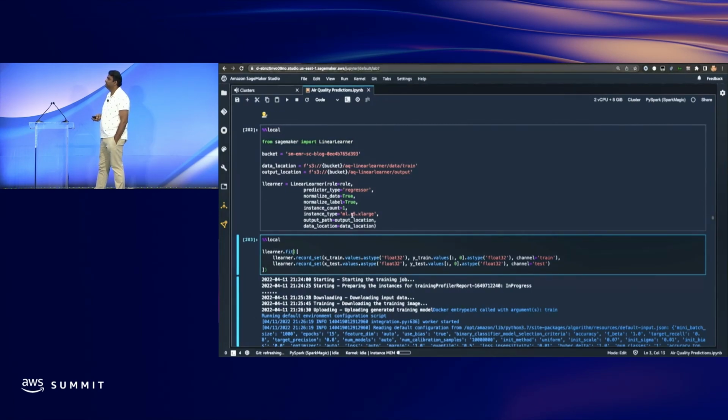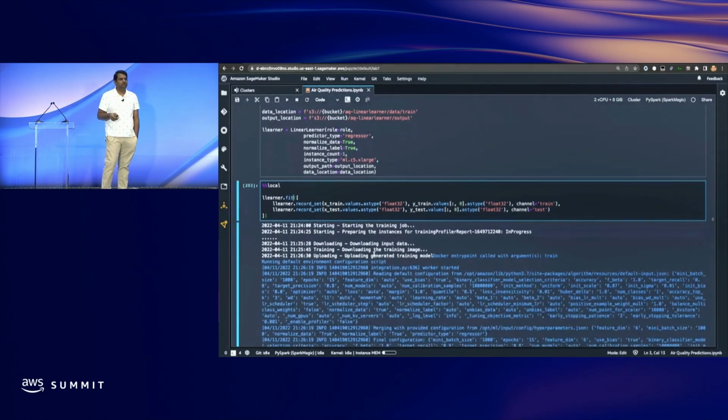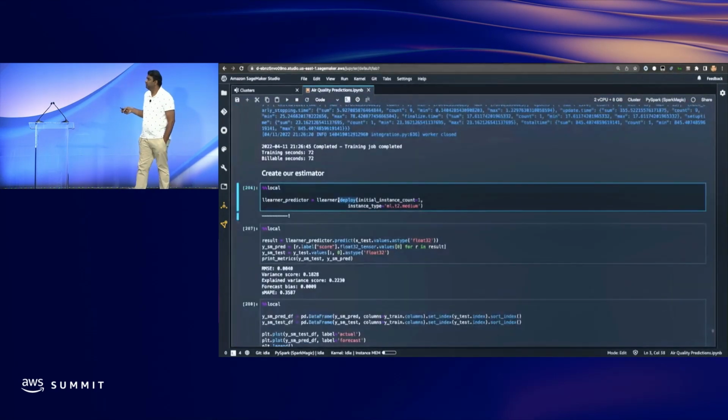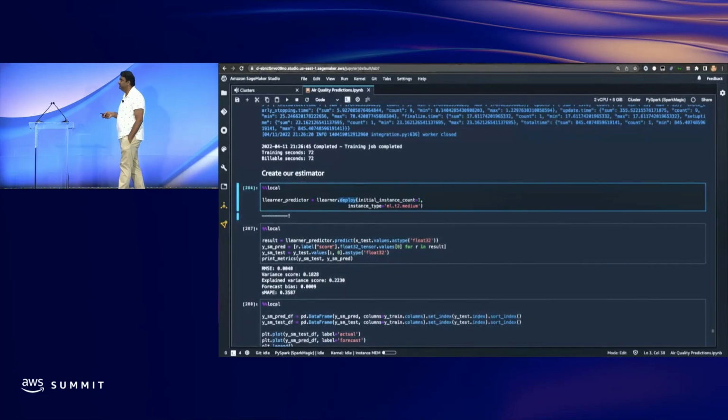Once we have the learner, when we call learner.fit, it's going to start a training job. The training job was successful and took 70 seconds to complete, and then you can call learner.predictor. So once our training job is successful, we can create a predictor.